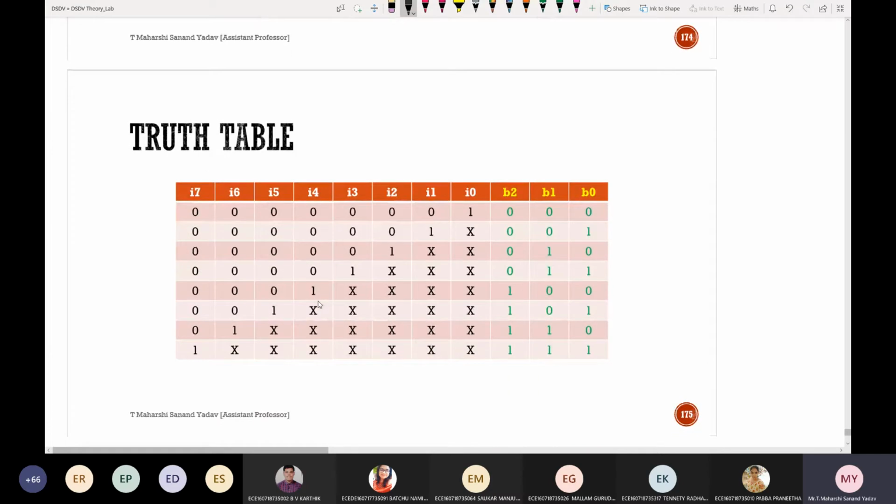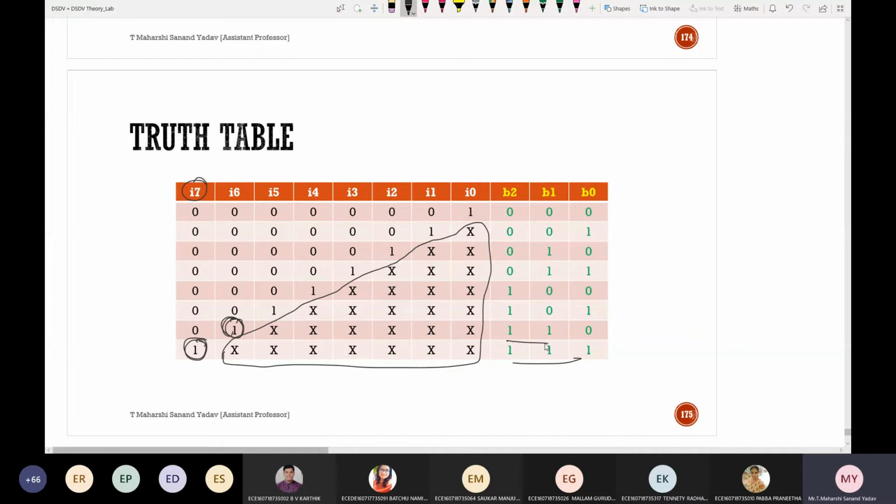Next, the important thing is the truth table. I hope everyone understood this one. Do you want me to explain this once again or not needed? If I7 is high, no need of looking for the lower conditions. Similarly, if I6 is high, no need of looking for the lower conditions. In the same manner, you try to fill this. Here it is 1 for position 7, so 7 should be the output. It is I6 for 6, so the result will be 110. This is I5, so 101, which is 5. Then 4, 3, 2, 1 and 0.